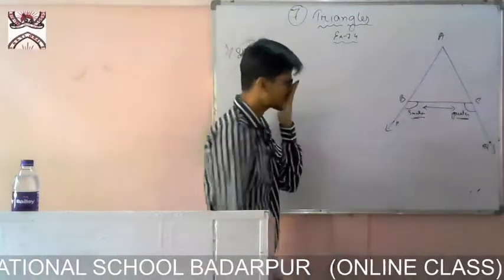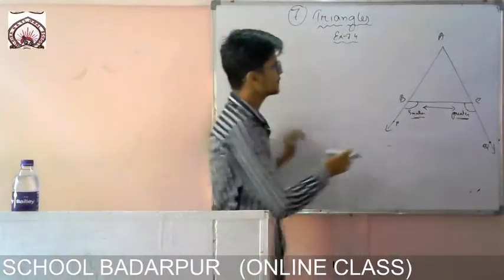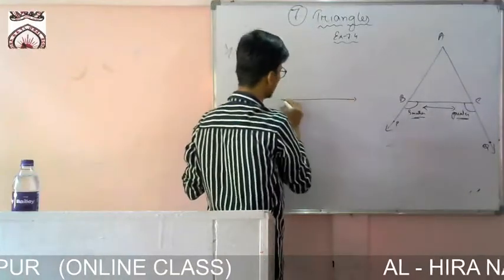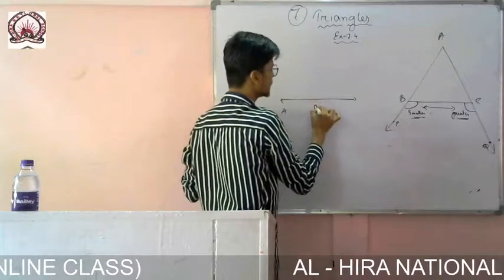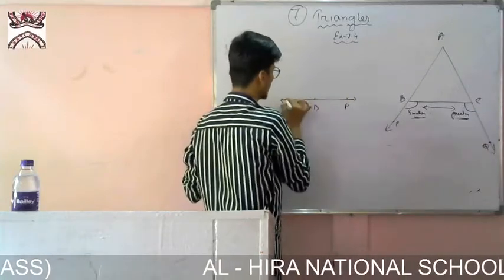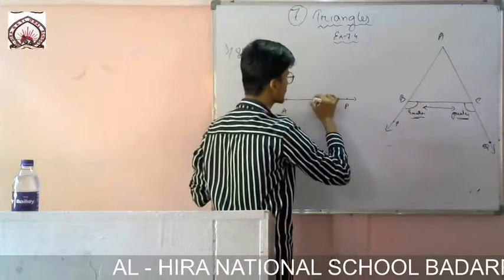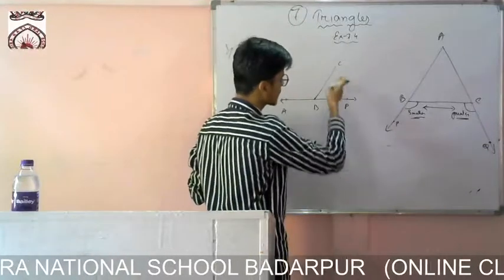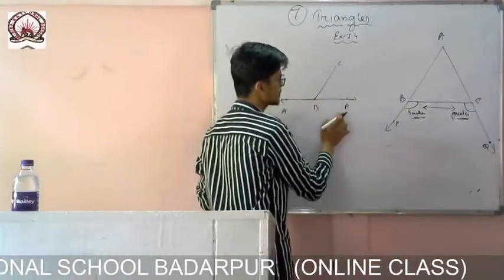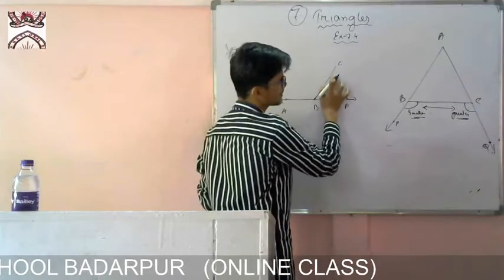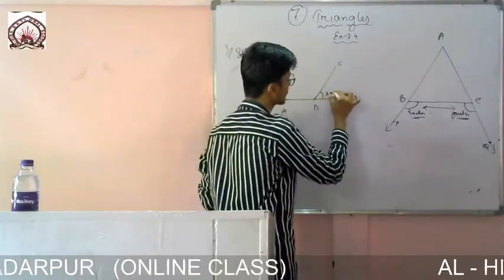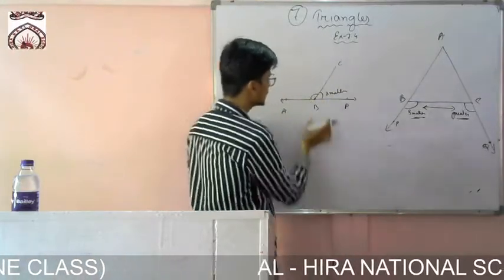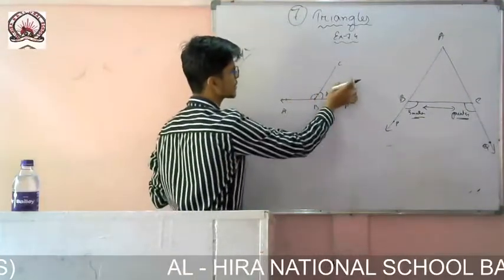Okay. So you see one thing. If this is the smaller angle, if you see this line A, B and P, it is given like this, no? A, B and P, 3 points, and BC is on that line. So it is given that PBC is a smaller angle. If this one is smaller, then if I take these two as a linear angle, you see this one and this one are a linear pair.